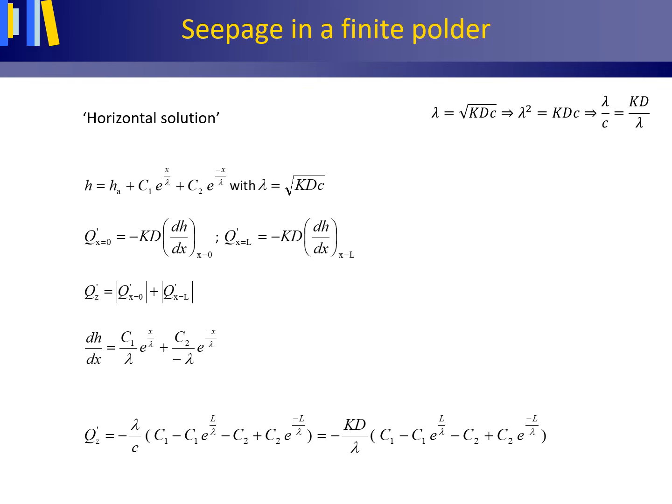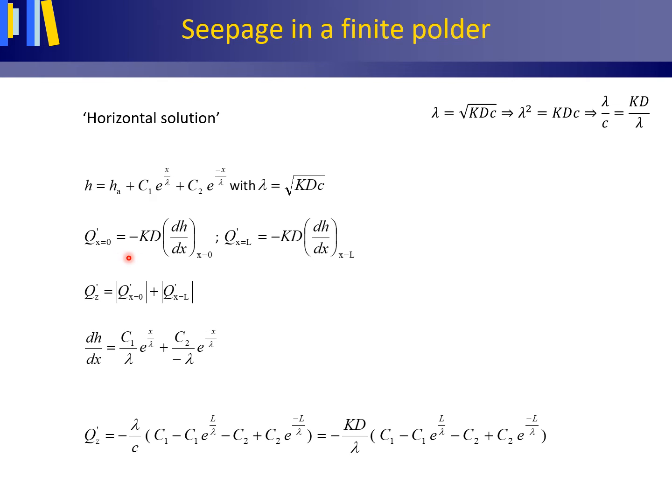The easiest solution probably is the horizontal solution. Recognize that as groundwater flow is steady or stationary, the vertical water seepage in square meter per day must be equal to the horizontal volume flux in square meter per day entering the leaky aquifer at axis 0 plus the horizontal volume flux in square meter per day entering the leaky aquifer at axis L.